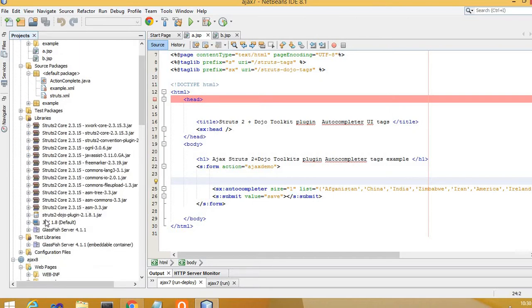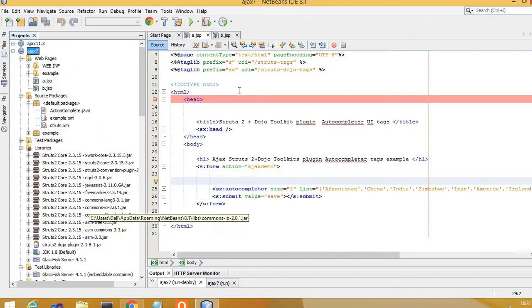You can see here the Dojo plugin which is added. Apart from that, whenever we select the Struts 2 MVC based framework, it automatically takes these many jar files, and these jar files are readily available on the internet. But the main one is the Struts 2 Dojo plugin, with the help of which the implementation of Ajax based applications becomes much easier.